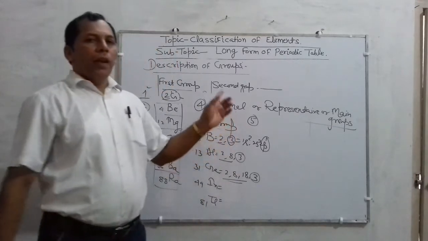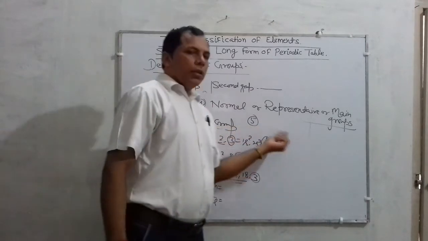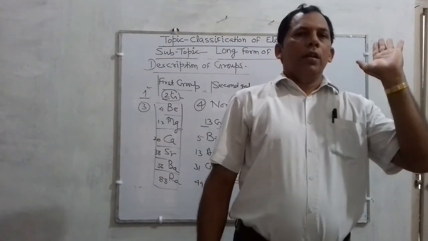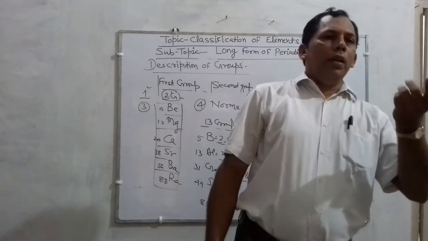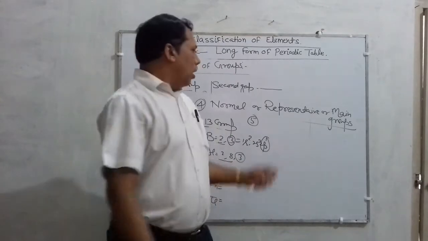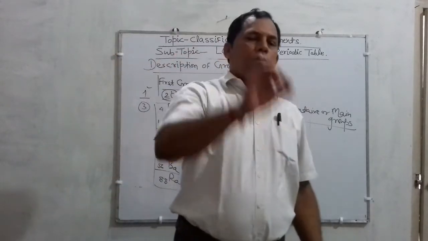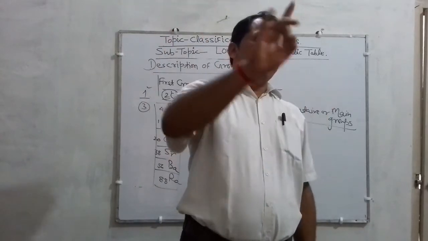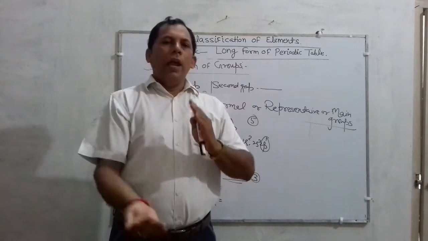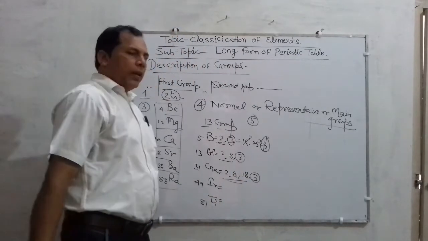The elements belonging to group 3 to group 12 have their outermost 2 cells incomplete, or you can say the outermost cell and the penultimate cell of the elements of group 3 to group 12 are incomplete. For example,